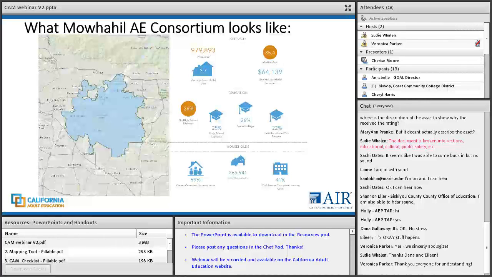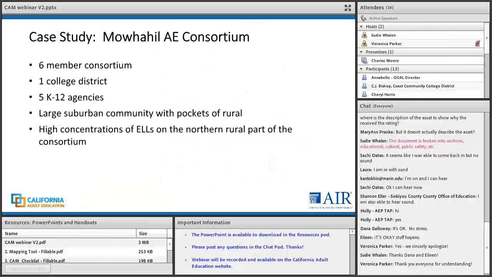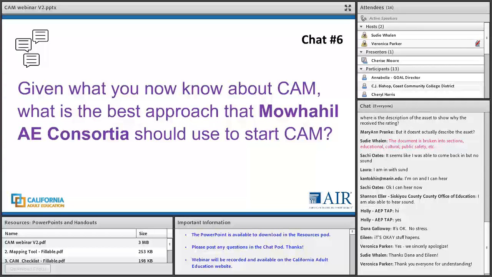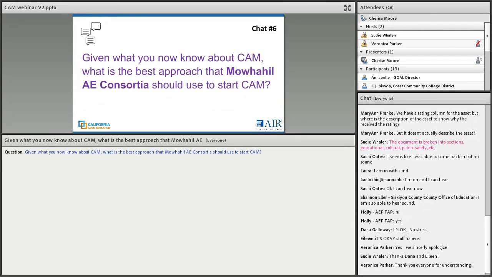So my question for you, you've seen Mohilwa or Mawahil Adult Ed Consortium. You've seen some information about what it's composed of here, some demographics around it here. The question I have for you to think about as you think about community asset mapping for your own community is, what would be the best way, given what you've learned and what you know now, that Mawahil Adult Ed Consortium should use? What's the best approach that they should use to start community asset mapping,